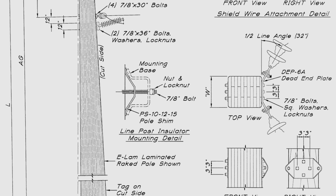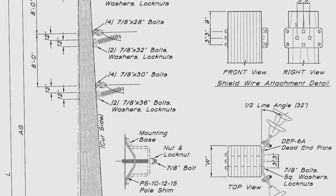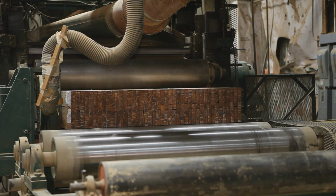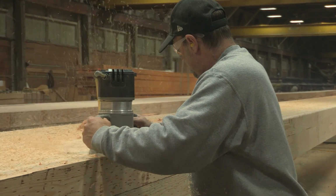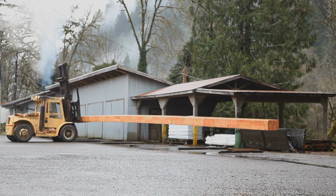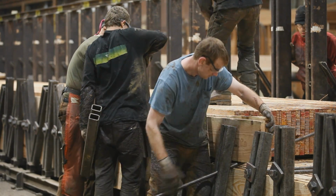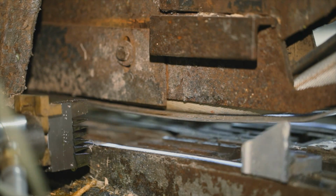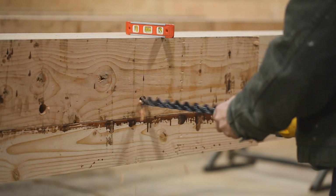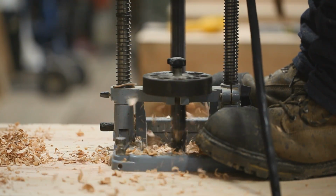Glulam technology has been in use for structural members since the late 1800s. The first glued laminated wood utility structures are still in service today and were installed in 1963, predating the first steel utility poles. In this short video, you will see the complete Glulam manufacturing process of ELAM laminated wood T&D structures, as well as the quality control procedures that are in place to ensure a consistent manufacturing process that complies